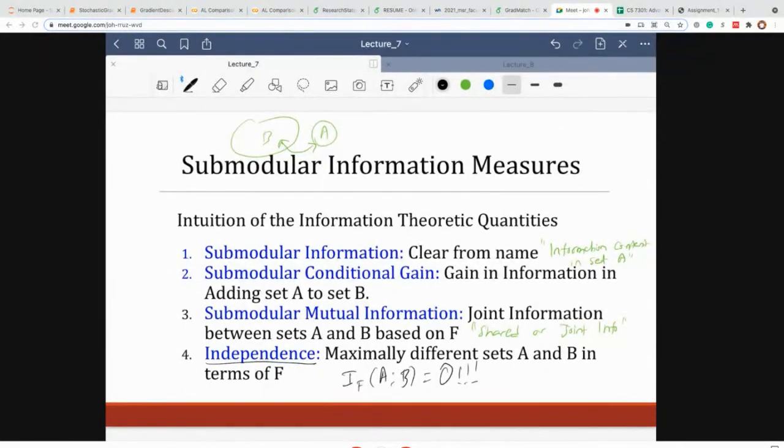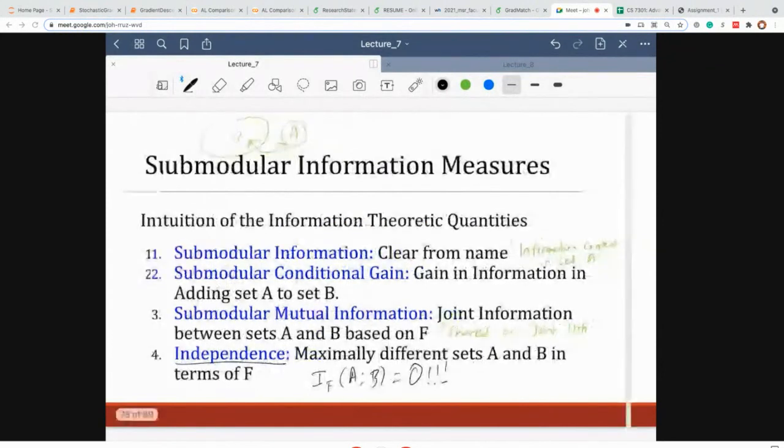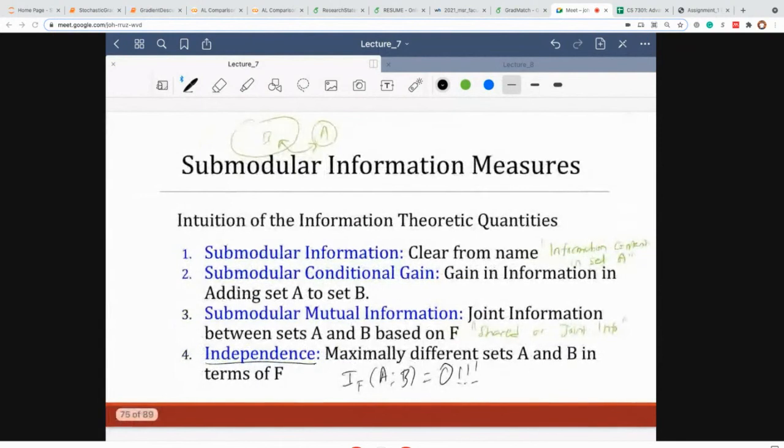Okay. So it doesn't necessarily mean that A and B are disjoint, right? A and B could be disjoint, but yet they could share some joint information. So we just don't mean that they are disjoint. We mean that they actually do not share any information. Again, things are a little bit vague right now, and they are intentionally so, because I am kind of building this up a little bit. But I'll make this concrete soon when we go over some examples.